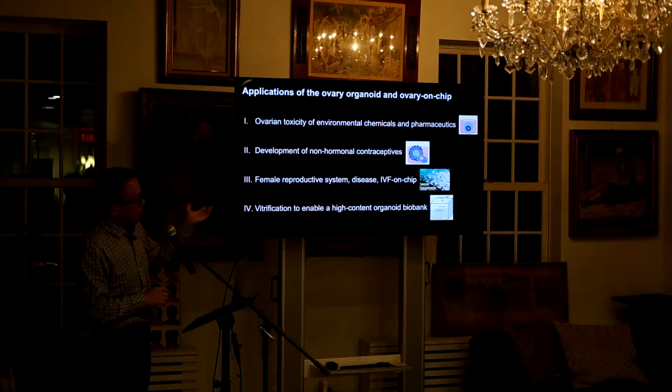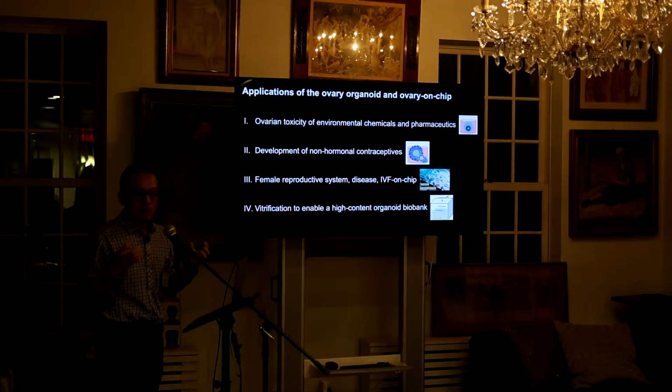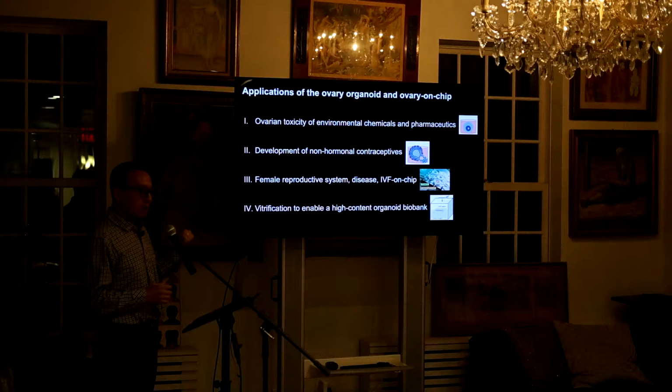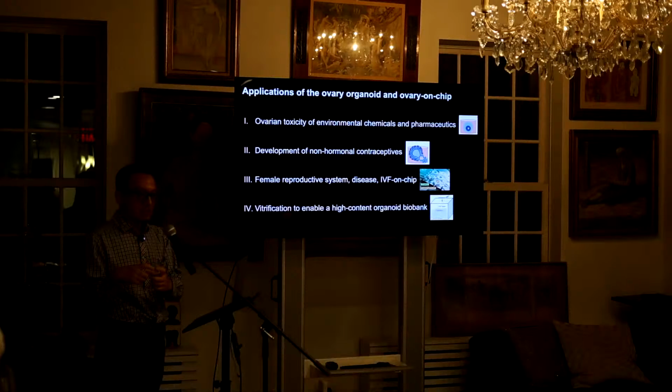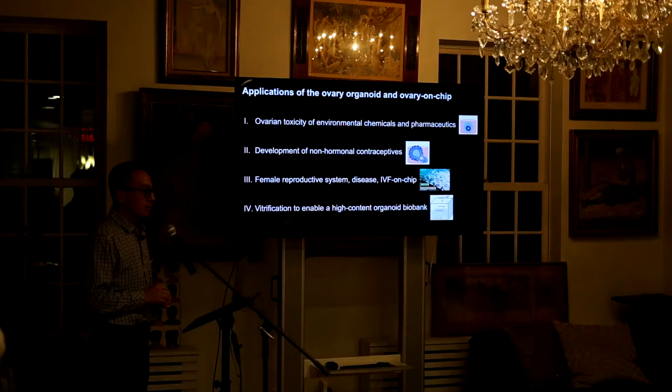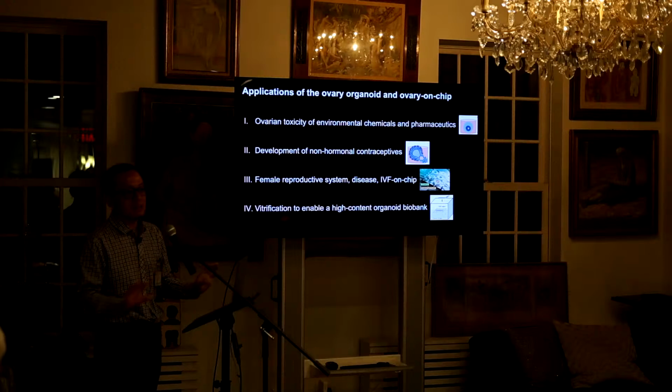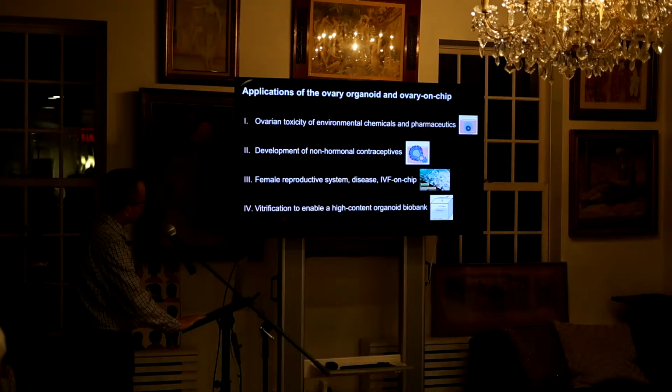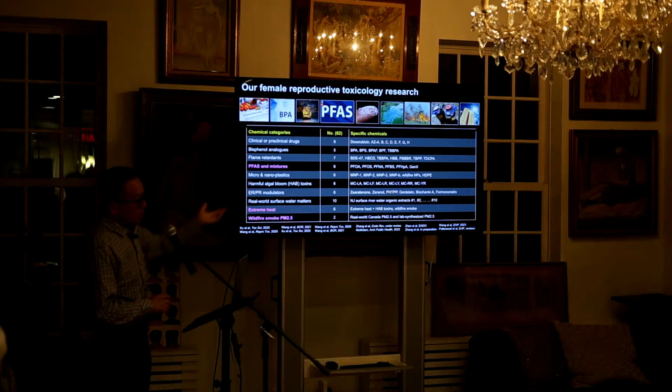And we also want to know whether we can vitrify the organoid, because compared to vitrifying the egg, the bigger the tissue or the more complex its structure, the much harder it is, because of the gap junctions and intercellular connections. Whenever you freeze them, you break the connections and then they will die. So, just a very quick introduction.